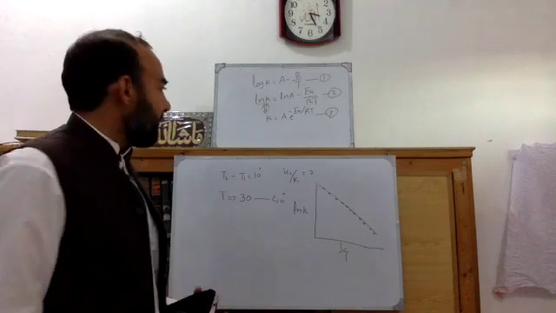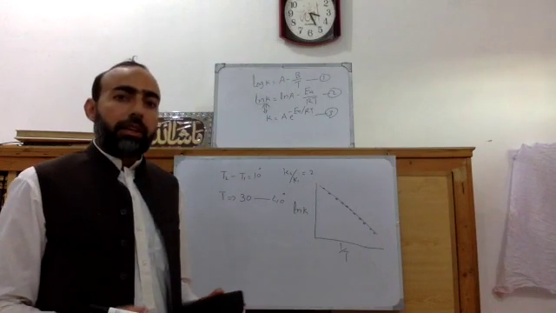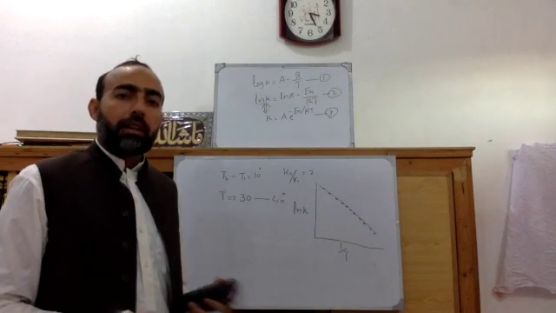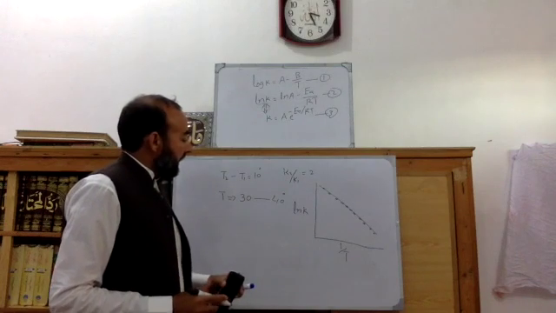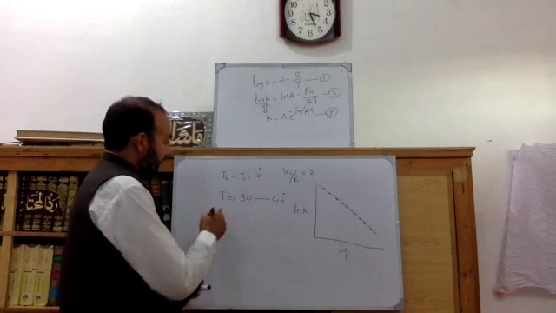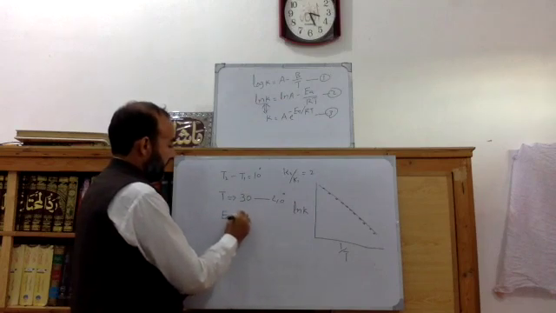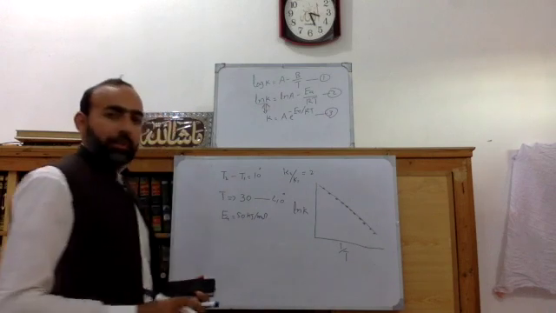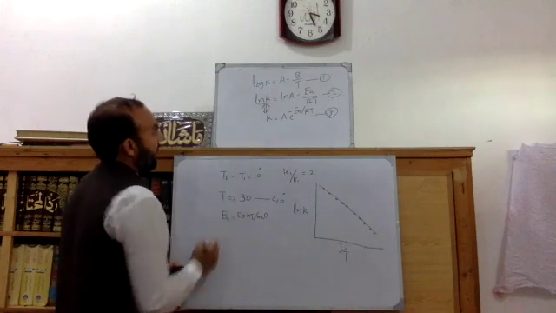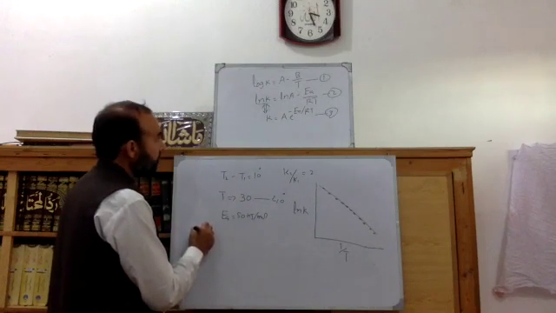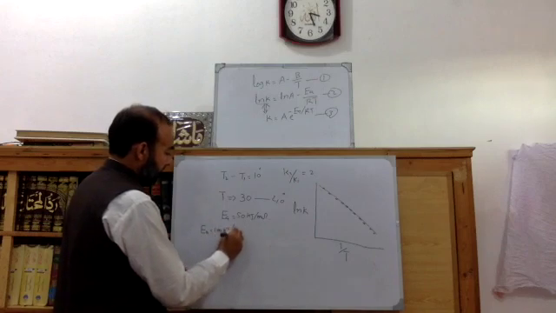But there are several cases in which reactions take place over a wide range of temperature, and this statement is not correct. The behavior deviates from the Arrhenius behavior. The statement is true only when the activation energy EA is equal to 50 kilojoule per mole. But if we study the reaction over a wide range of temperature, this behavior is not correct. So in equation 2, if you choose activation energy EA equal to 100 kilojoule per mole,